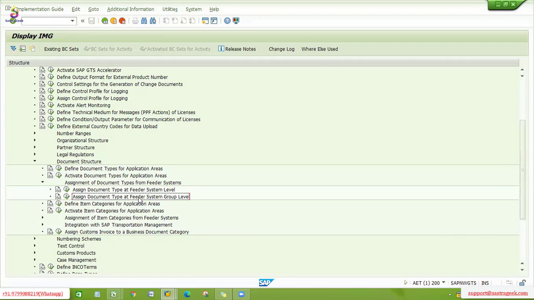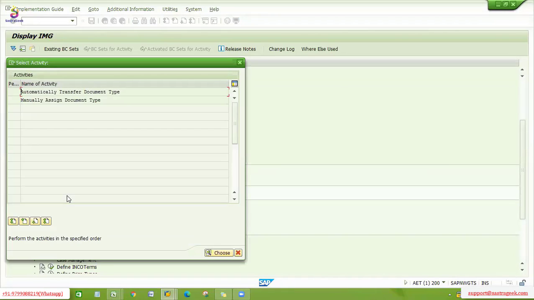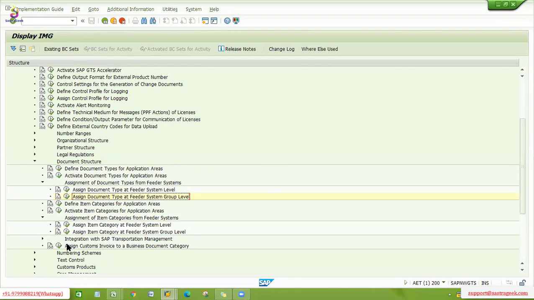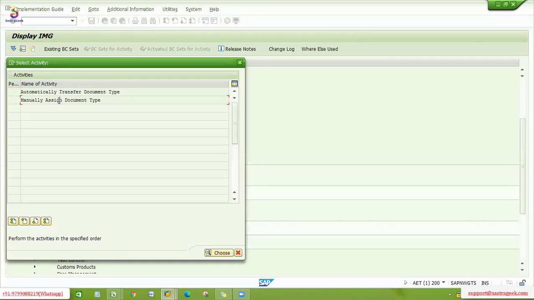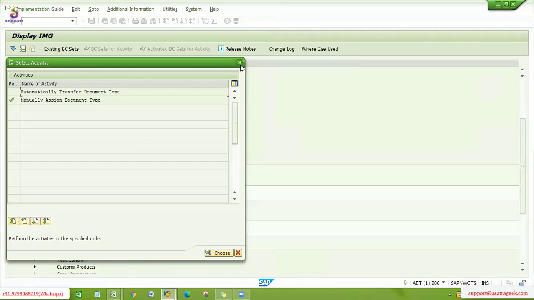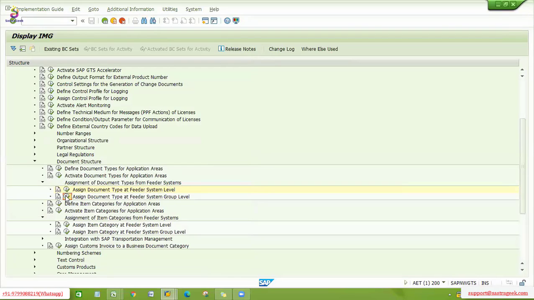Since we are using a logical system group, we will not be assigning at the first level, but will assign at this level. Logical system group always. Similarly, when it comes to the item category, we won't be assigning at the logical system level, but we will assign at the logical system group level. So no need to assign at this level. Why? Because if we assign at the logical system level, assume we have 20 item categories, and as per the system landscape, here also we need to have 80 assignments one by one. But if you're assigning at the logical system group only,